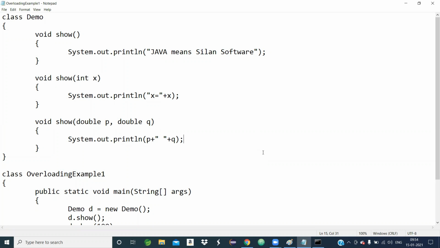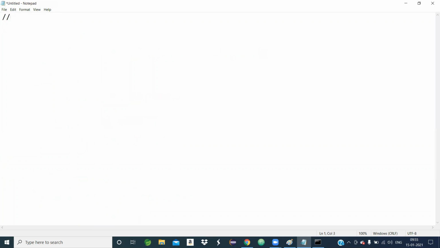But strictly speaking, when you represent this concept, you have to focus on the method signature. Suppose here you have taken int x, then if you write int y instead of double p and double q, it will give an error. The same signature is not allowed. The signature must be different.